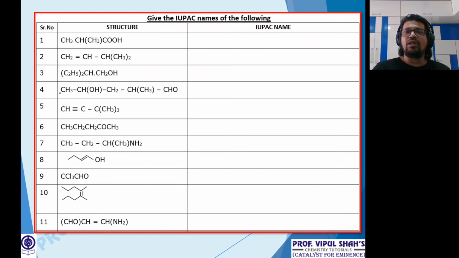What if I have 2 double bonds and 1 triple bond? Is this clear? Then it is alkadienyne. 2 times, right? So from diene the E is removed and YNE added. Next, what if I have 1 double and 2 triple bonds? Then it is alkenediyne. Now the E of ENE you will not replace here. Why? Because the new word starts with D. This is one.